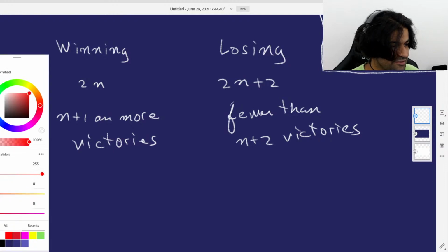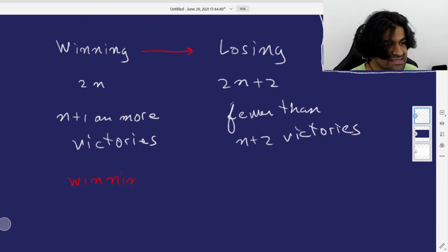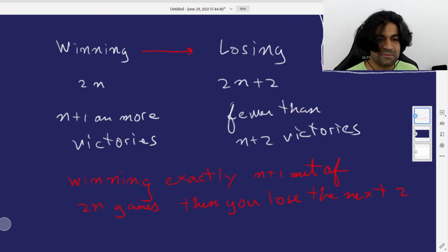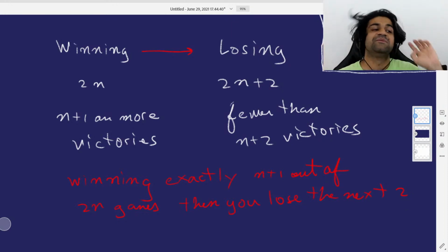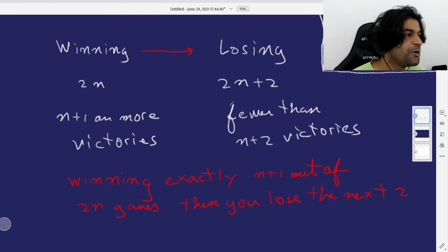So the winning to losing probability, right? To go from winning to losing, there's only one way that can happen. The only way that can happen is if you are winning exactly n plus 1 out of 2n games, then you lose the next two. All right, let me know if that does not make sense. So to go from winning to losing by playing 2 additional games, you need to be winning exactly n plus 1 out of the 2n games, and then you lose the next 2. So what's the probability of this? Well,